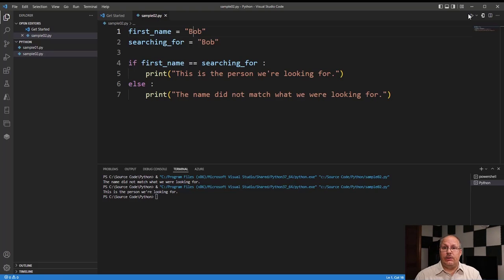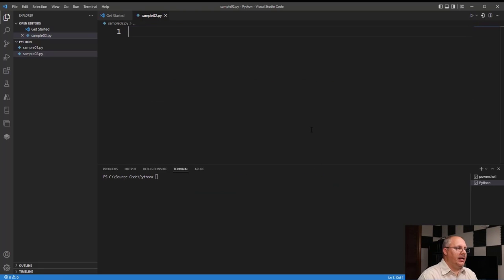But let's see what we would do if we wanted to have a couple different values that we might change. So I'm going to once again clear out my terminal window, and I'm going to clear out my code. And what I'm going to do is check different things at different levels or different values. Okay, so I'm once again going to create an age. And age is good because this is a good way for us to set things up and test it. Say age greater than or equal to 16. Okay, and now I'm going to have an if condition. Say if age is greater than or equal to 16,